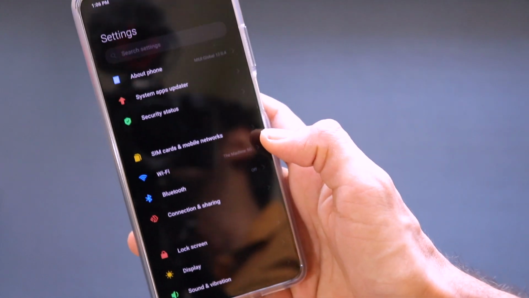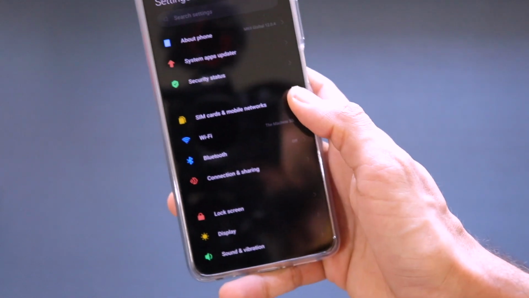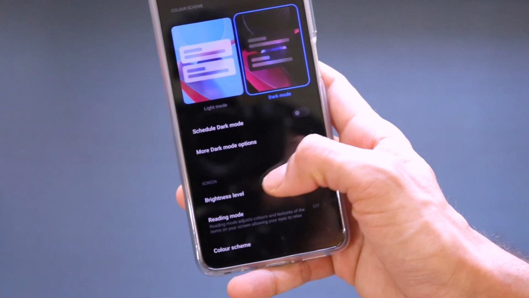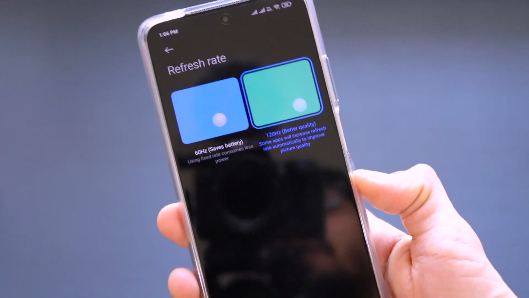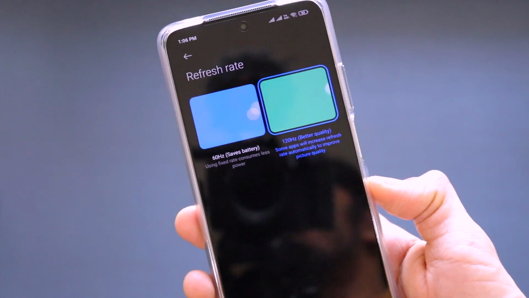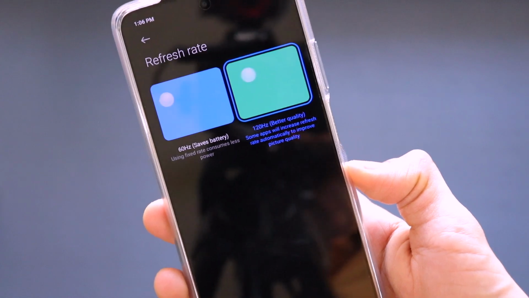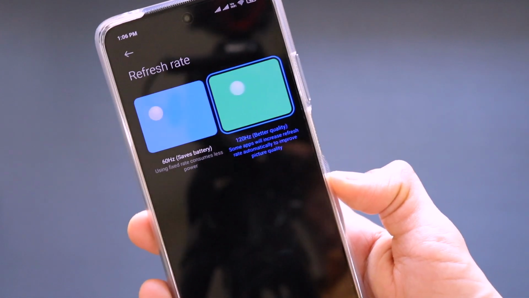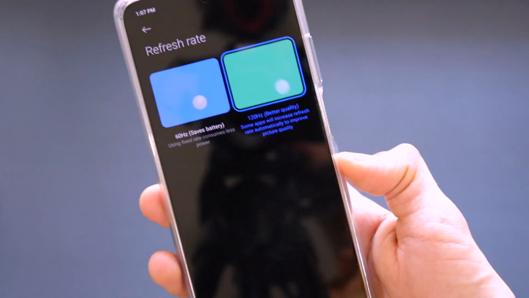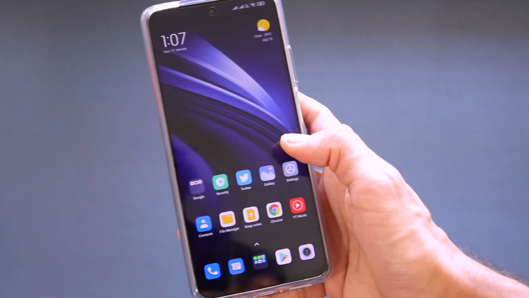By default, out of the box, this device will come with a 60 Hz refresh rate. But in order to enable 120 Hz, just go to the settings, go to display, and you will find the refresh rate. As you can see, you can set between 60 Hz and 120 Hz. If you set to 60 Hz, you will lose that ultra smoothness, but overall the system interface feels even more stable. At 120 Hz, I've seen a lot of choppiness and lags overall in the system interface, but Xiaomi can fix that with software updates. I'm currently using the 120 Hz refresh rate. Battery life is just fine as per my initial impressions.